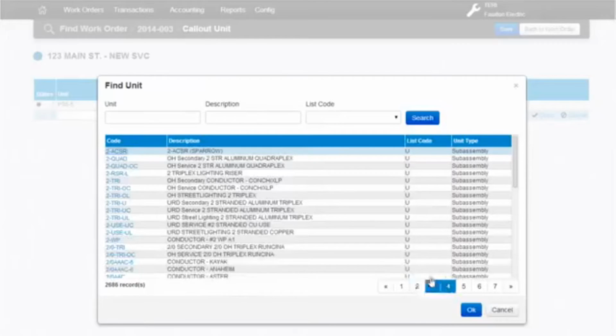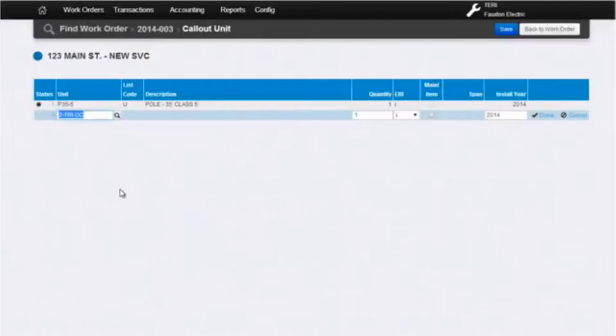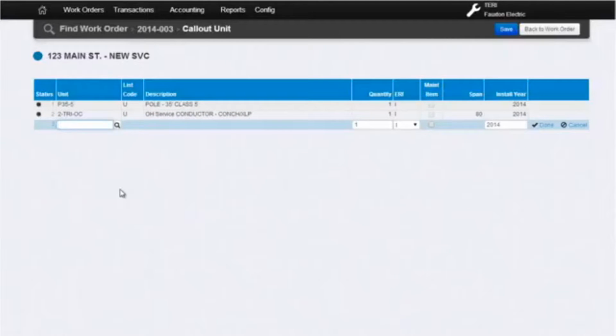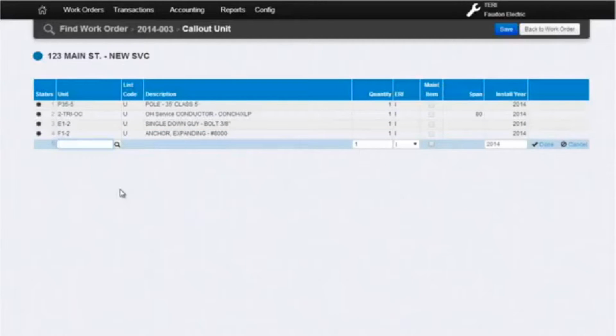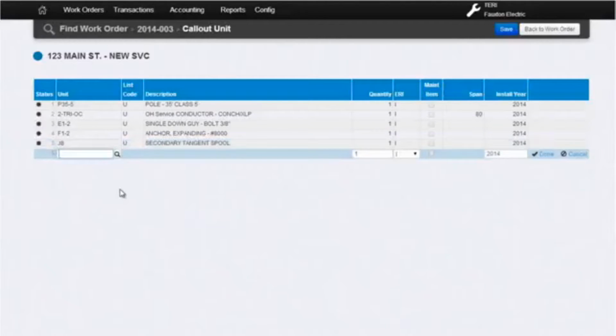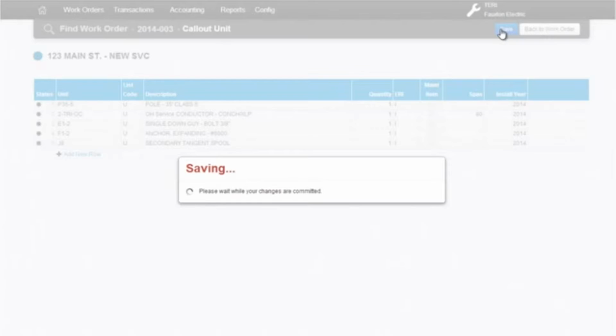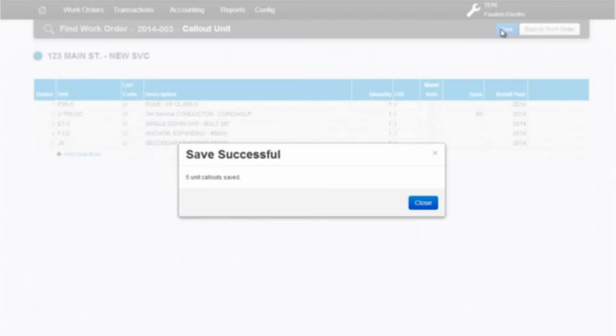PlantWorks was designed for and by our customers, so it's flexible and intuitive. You can use the keyboard or mouse to move from field to field. Each one of these units I'm adding is built behind the scenes and directly tied to your general ledger accounts. We'll cover more of that in the next stage of the work order cycle. When I'm finished adding everything necessary to install our pole, I click Save, and